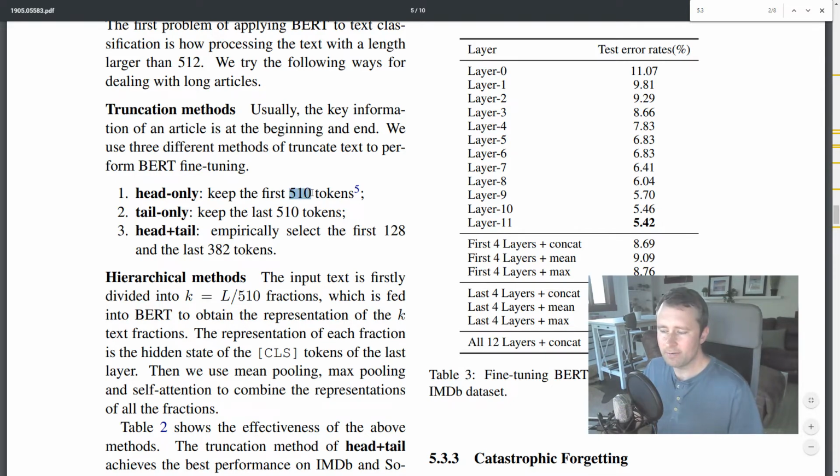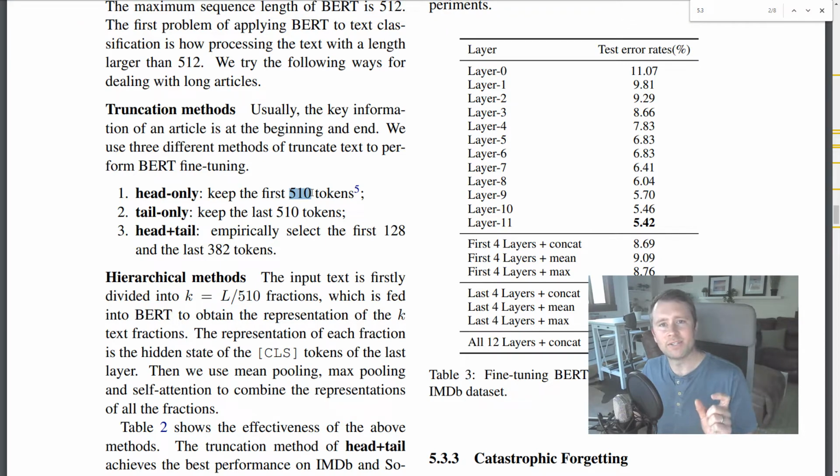And they're saying 510 here is because we have to leave space for the special CLS token on the beginning and the SEP token on the end. And keeping just the last tokens as tail only, and then head plus tail is what they called cutting out some of the middle. And apparently, they tried some different numbers here and found that picking the first 128 tokens plus the last 382